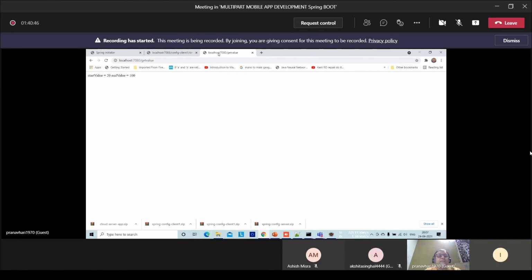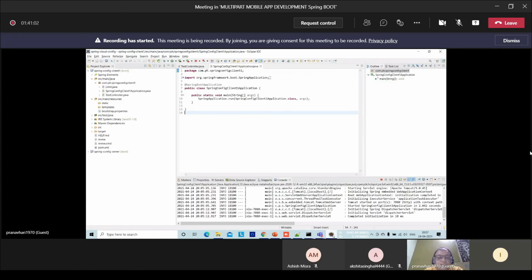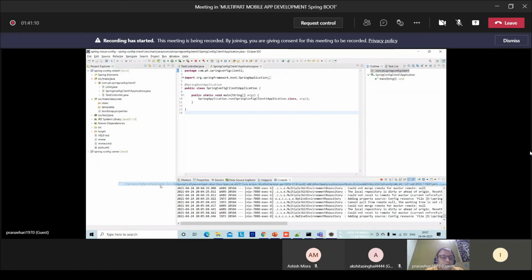The client app, at the time of execution, whatever data it binds, gets from the server, the same is reflected. Let me do a simple test. I am just closing down the server here, the config server.